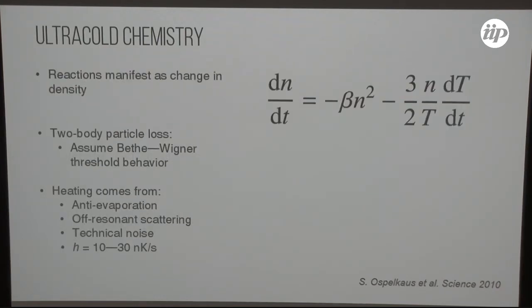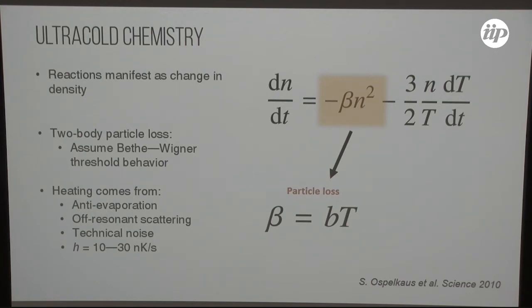Okay, so to put this in a better formalism, this chemical reaction happens between two molecules. So when two molecules touch each other, this results in a change over time of the density of our molecules inside the trap. And this is parameterized by this first lossy term in our system, which is a two-body decay, which is proportional to the reaction rate, that in our case, as I told before, follows the P-wave laws of collision, so it essentially has a linear dependence on temperature.